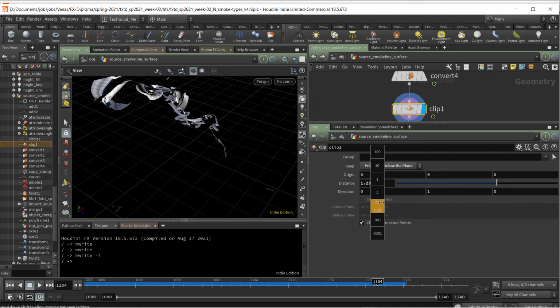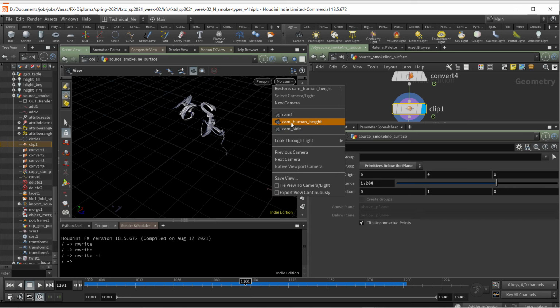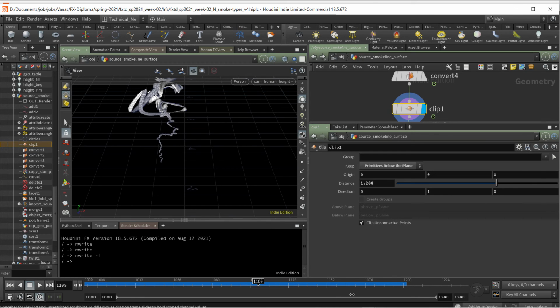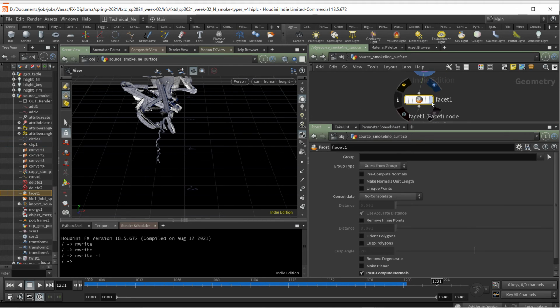It's pretty sensitive. So that's basically the top of the geometry, and from the camera's point of view, it's the height. Okay. And then I added a facet,